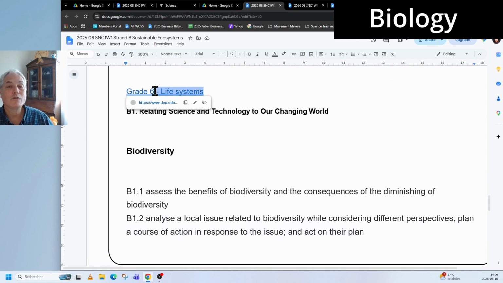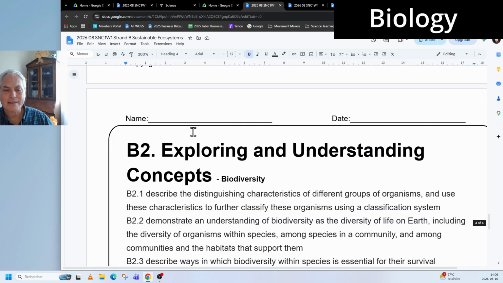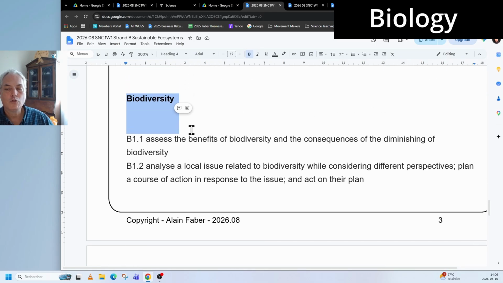Now, there's also in grade 6, they've talked about life systems, and this one is about biodiversity. So students have talked about biodiversity for a long time, and therefore it's something to keep in mind. So use your students to tell you what they've learned, what they found interesting. Always keeping in mind that